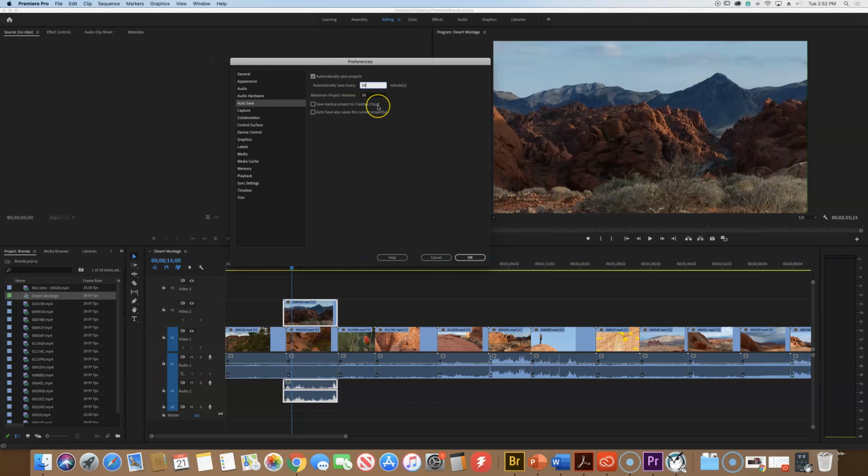Save a backup to the Creative Cloud. So if this just crashes, if you have a backup every 10 minutes, that's fine. But what if your hard drive fails or something else? Wouldn't you be happy to have a backup on the cloud too? So I don't see anything wrong with having that selected, that it's going to save to your cloud. Maybe not today, when we're just doing practice things, but when you're working on your actual commercials, why not? Why not be saving to the cloud? There's nothing wrong with doing that. And then,